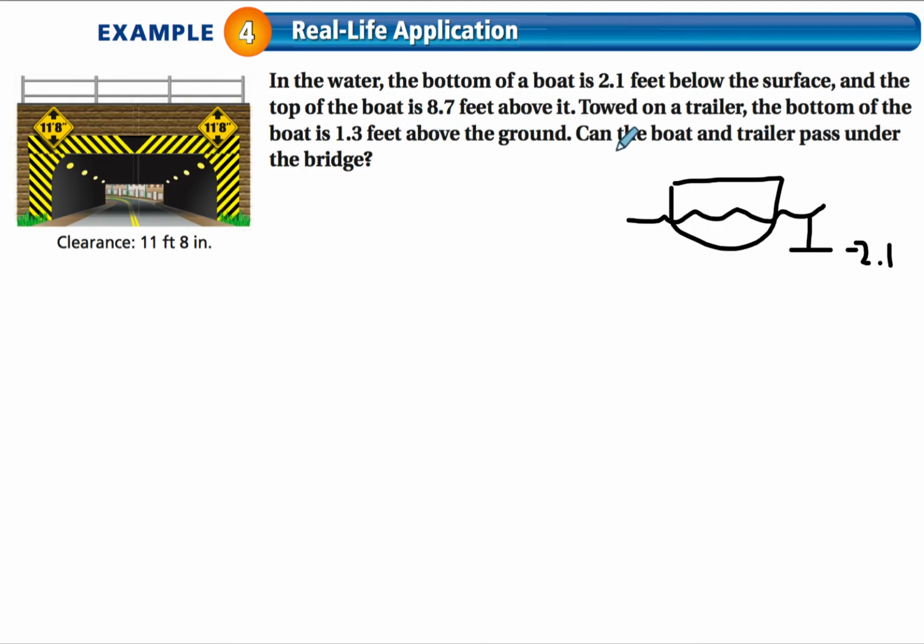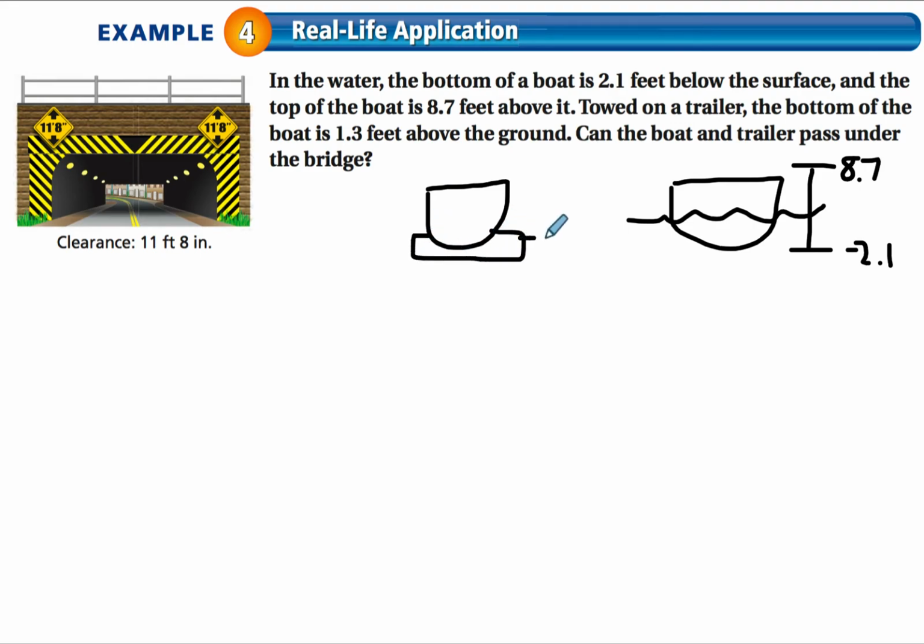And the top of the boat at 8.7 feet. This is not drawn to scale. I'm just kind of doing a little number line here. So it's 8.7 feet above ground and 2.1 feet below. Towed on a trailer, the bottom is 1.3 feet above the ground. So we take the same boat, and now when it's in a trailer,